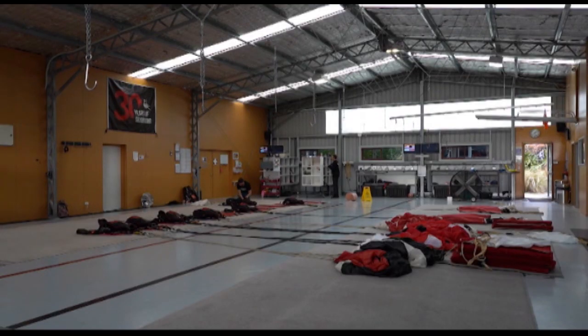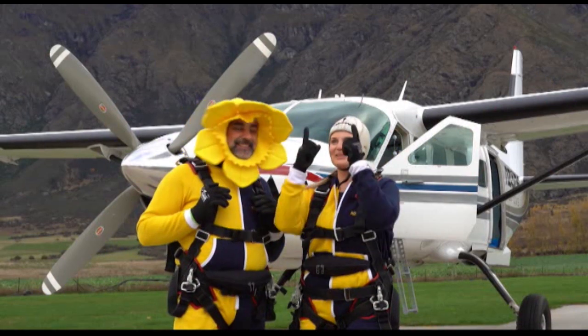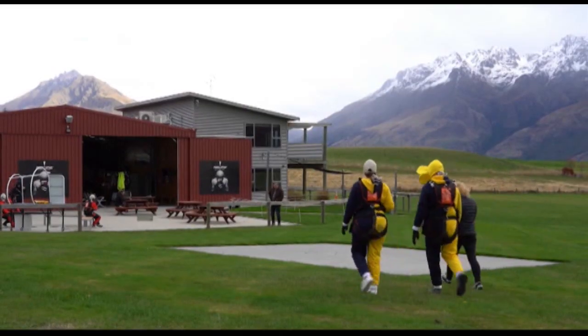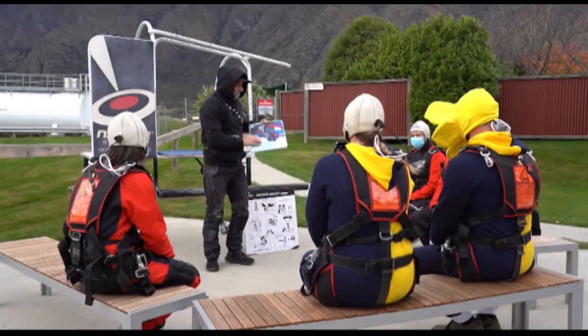The fundraiser is a new one for the Otago and Southland Cancer Society, which has found it tougher raising money in recent years due to COVID-19. This campaign has raised the division just over $50,000 so far, with more than 40 jumpers across the region over the month. The Dunedin radio team were keen to get on board with the cause, which is a way of